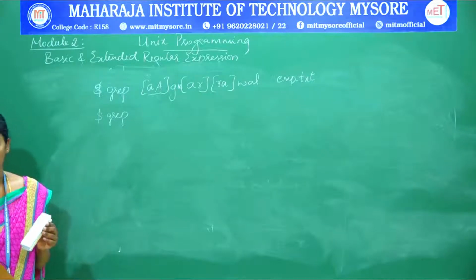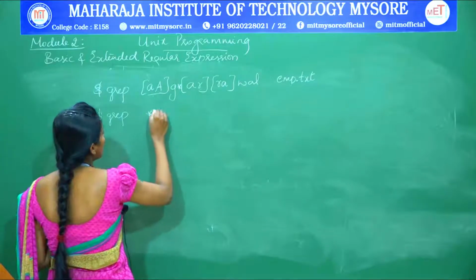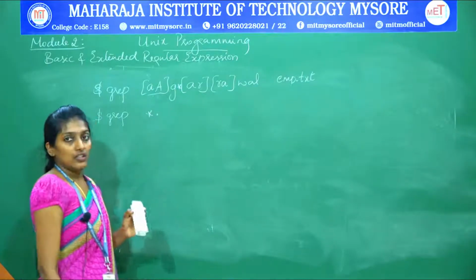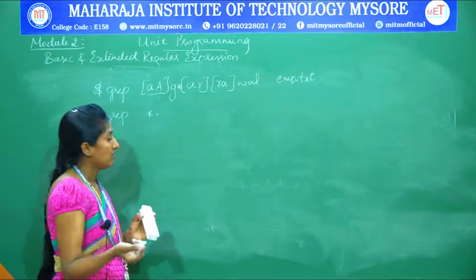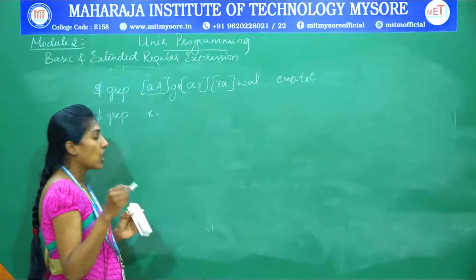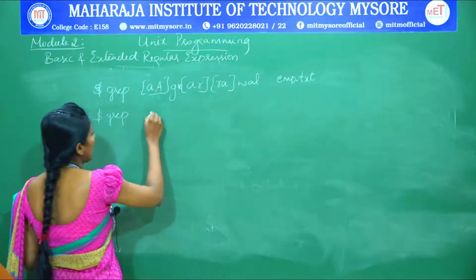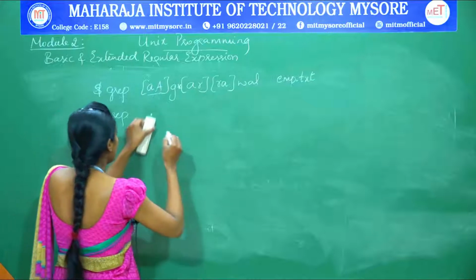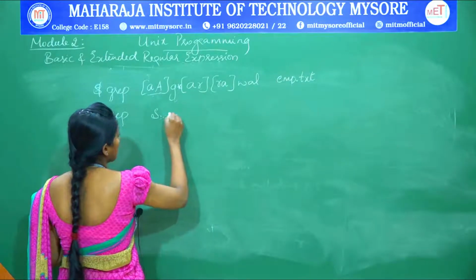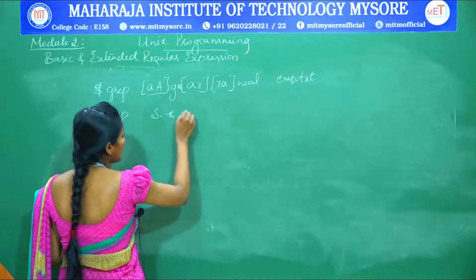Let me assume one of the patterns. Dot represents a single character, and dot and star represent multiple characters. So if I have given, let me consider, S dot, then star, then Gupta,